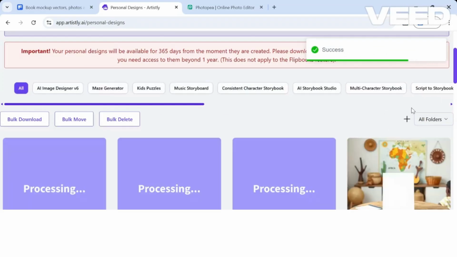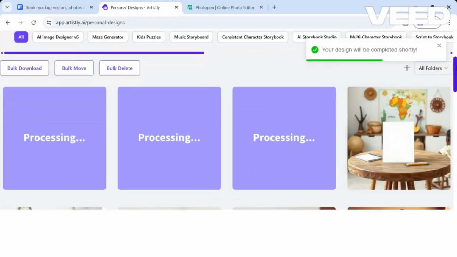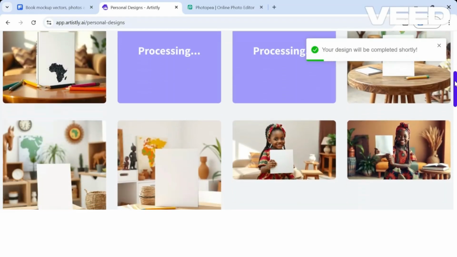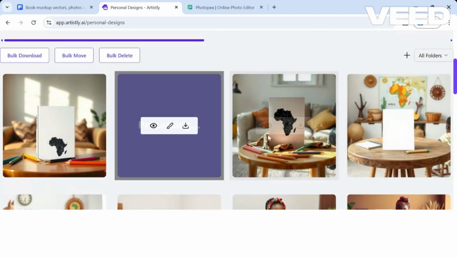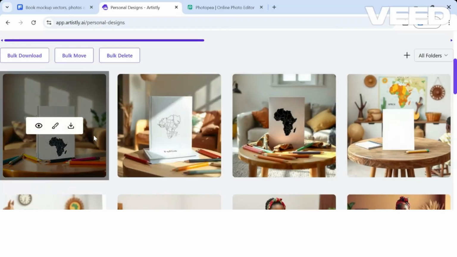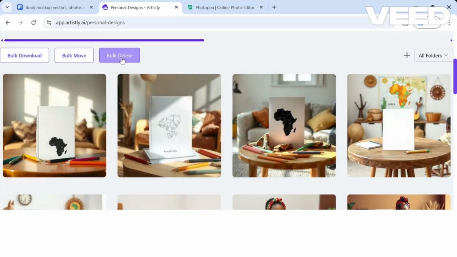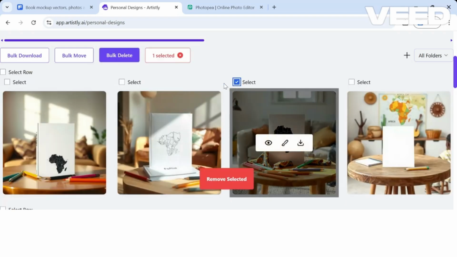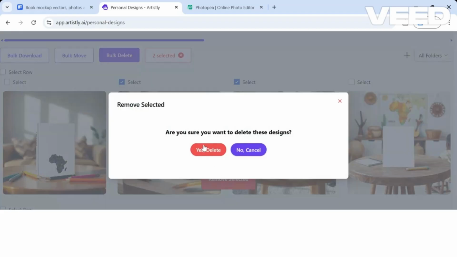And I'm just gonna wait for it to generate. So as you can see, these are some of the other designs that I've created and I've used. With these examples, you can see there's an African map on the actual book. So that's not gonna work. All right. So I'm gonna delete 2 of them, and then I'm gonna have to improve the prompt